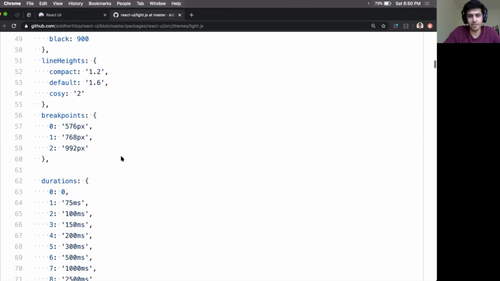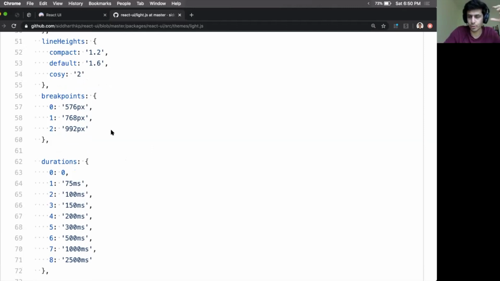Within your tokens, the configuration that we talked about in the start, you can mention your breakpoints. So for example, I have these 3 breakpoints where this first one is built for mobile. Then I have another breakpoint for tablet. And then this is for bigger screens. And then I get these 3 viewports, right? And these are of course customizable, so you can create your own.